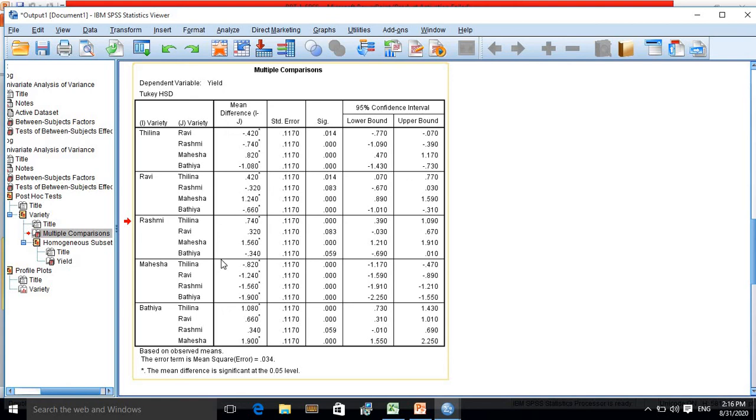Then you can say that there is no statistically significant difference between Rashmi and Bhatia. When you compare Mahesha with Bhatia, the obtained p-value is 0.000. Then you can say that there is a significant difference between Mahesha and Bhatia.